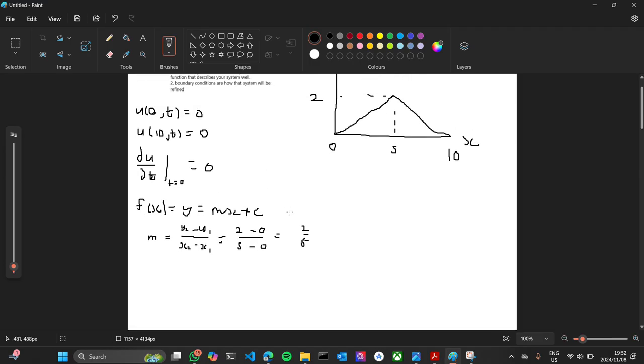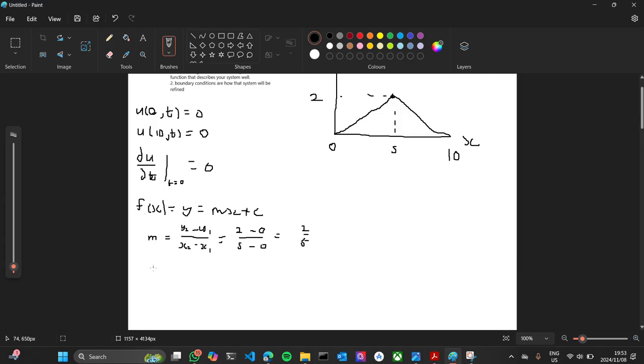Then we have our gradient now, but we need to find c. To find c, we can evaluate a point that we can observe on here, plugging those points into our equation and then solving for c. So we're going to choose this point here at the peak. You can choose any point actually, but because we have these definite values here, we can enter